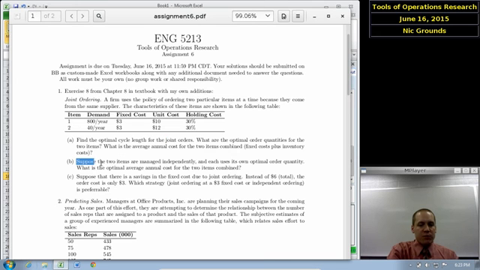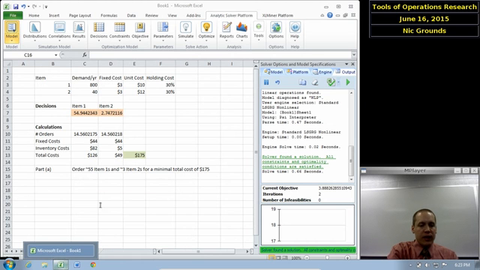So part B says, suppose now that the 2 items are managed independently and each can use its own optimal order quantity. That is, we won't constrain that we have the same number of orders for the whole year. Can we get a better overall cost without that constraint? Okay, so